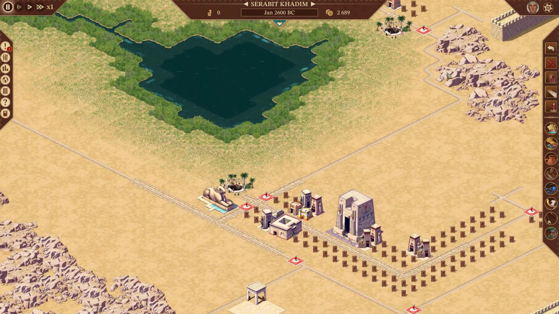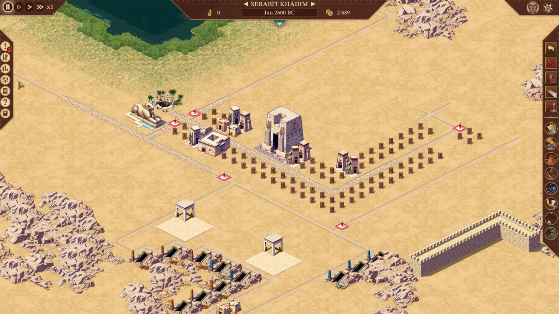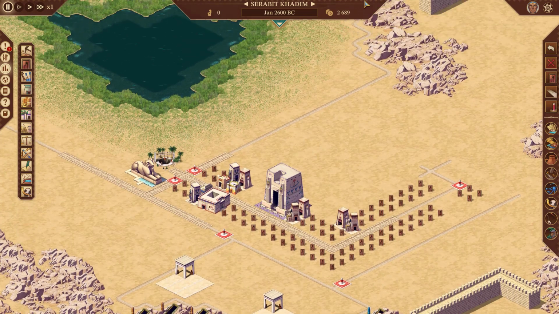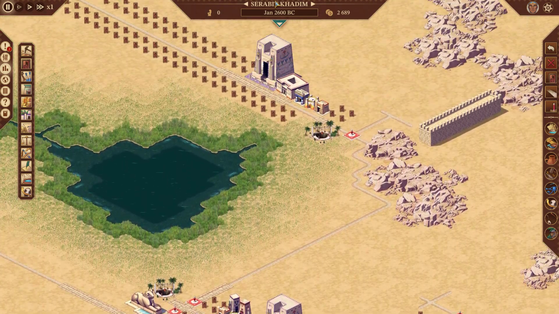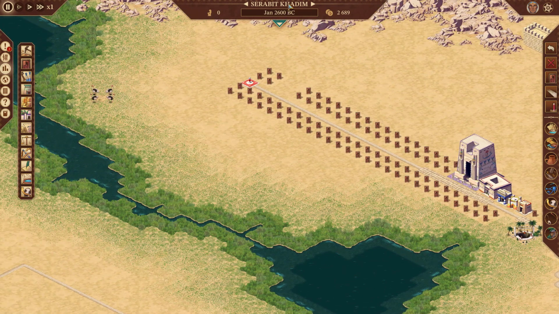And we got our initial trade routes, and we got our trade set up. I got to confirm that. I think I did that, didn't I? Yes, I did. We got some stuff for the gods. I think we're rocking and rolling here, and we may as well go one